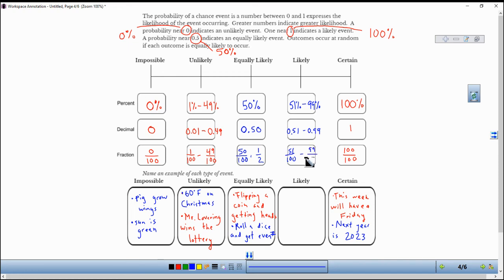Now, I'm writing these fractions out of 100. They're not always out of 100. It depends on how many possible outcomes there are, but the value of the fraction would be between 51/100ths and 99/100ths. So some events that are likely to happen, not necessarily certain and not necessarily equally likely, is that